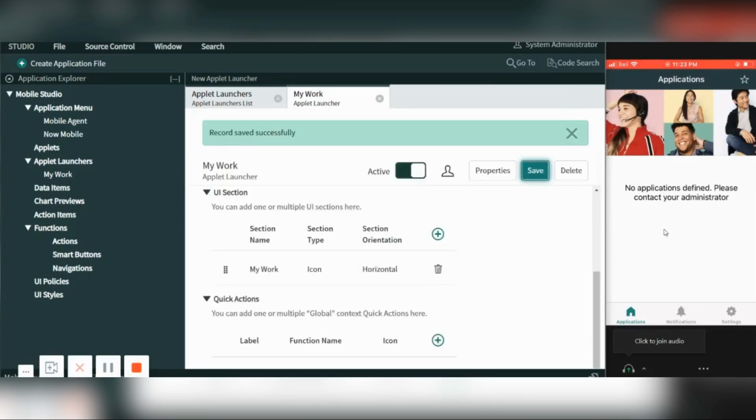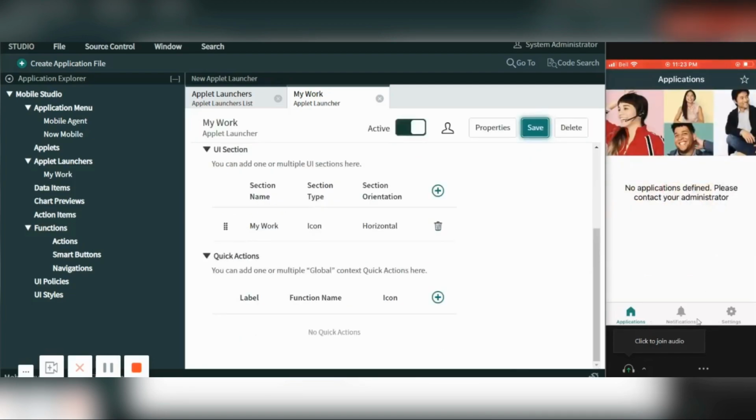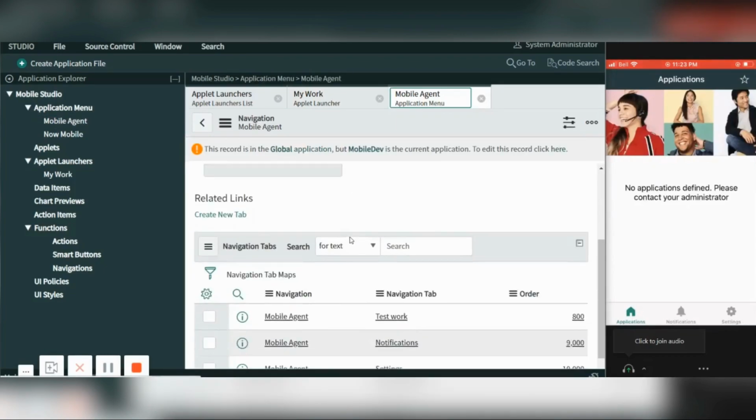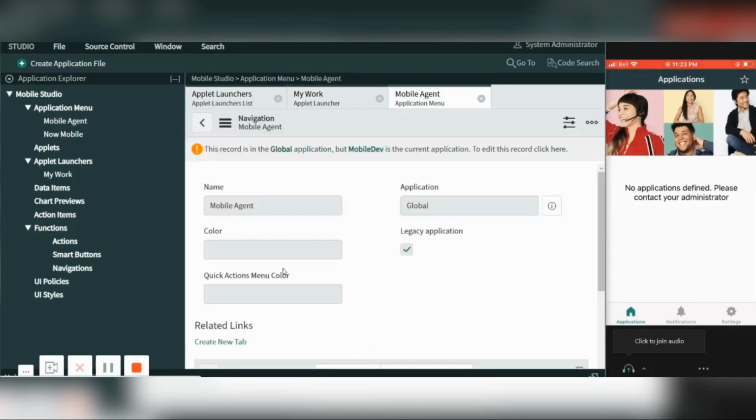Now, you've seen that I have created the applet launcher, but it has not been displayed in my mobile. If I refresh, on the right hand side there's nothing as my work in the navigation tab. Why? Because I will go to the mobile agent and create a new tab.